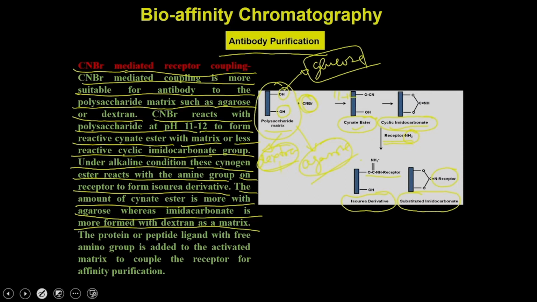If you take dextran as the matrix, the cyanide ester is going to be less, whereas if you take agarose, the cyanide ester is going to be